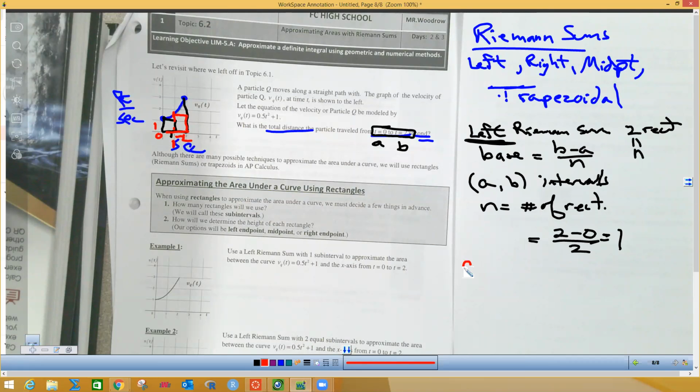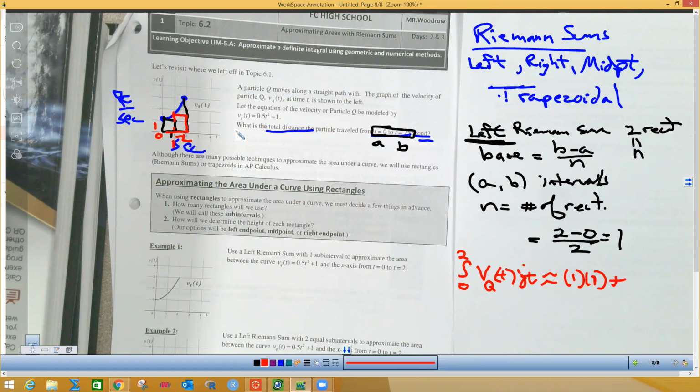So when I estimate this, what do you call this function? What's that little letter there between the B and the T? Q. So particle Q here, v of t of particle Q. It's kind of not really well written. I'm going to put squigglies because I'm approximating it. So my base on this first rectangle is 1 times my height is 1,